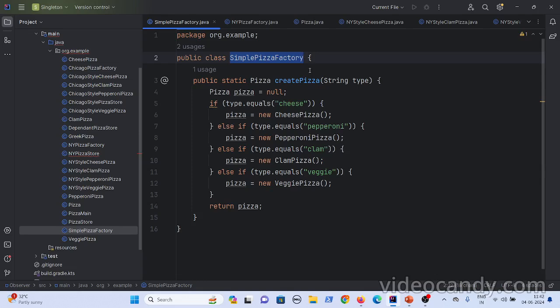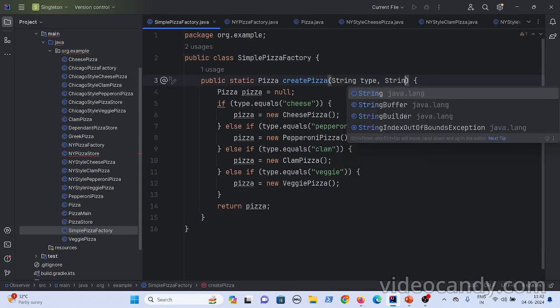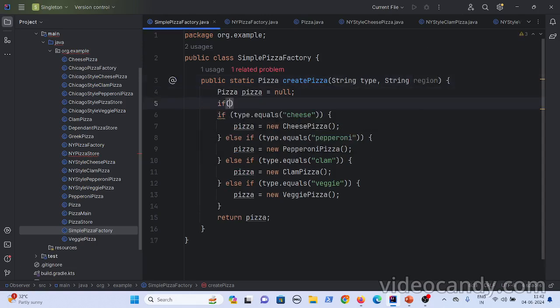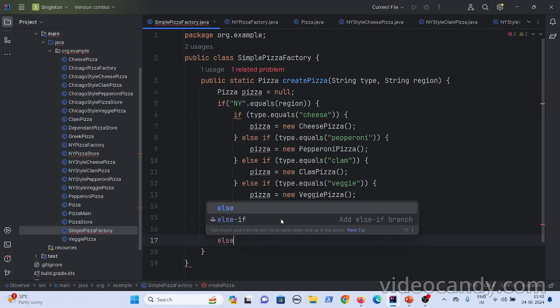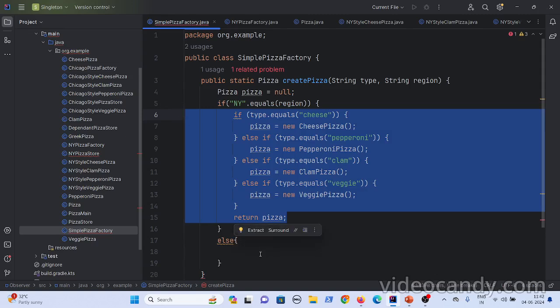Then what you can do is, either you accept one more thing like a string region, and then, whatever the pizzas you have, if it is New York, if NY dot equals the region, then you will have this logic, right? You will have this if else clause. Else, the same logic, whatever is here, you will put it, okay.